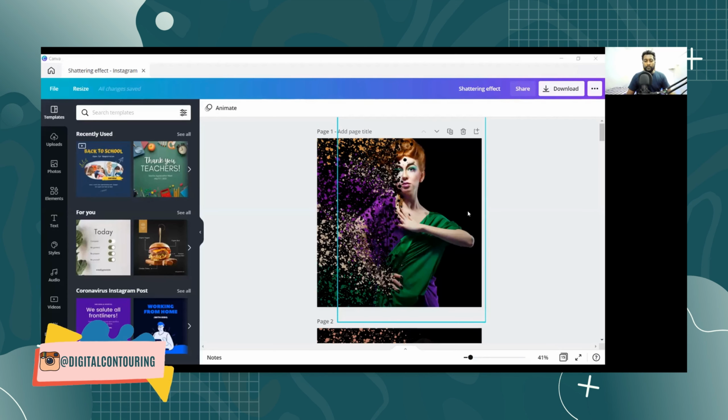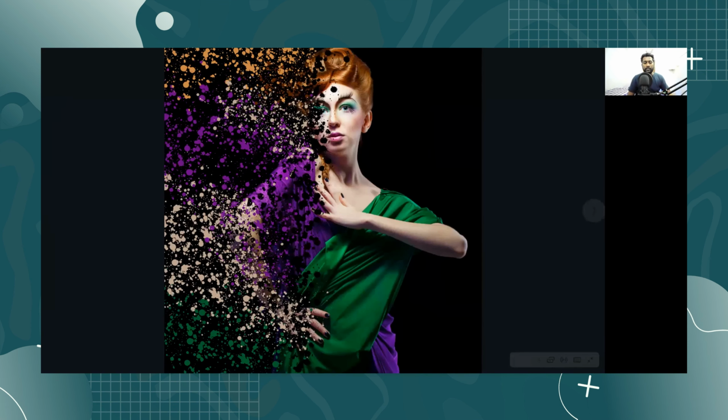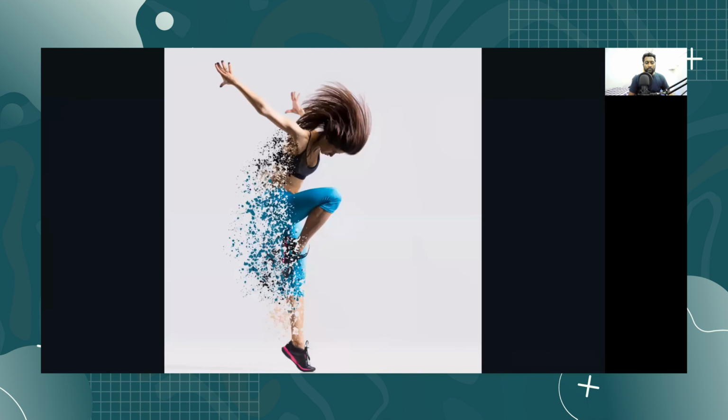We are in my Canva desktop app dashboard, and here you can see some of the designs that I have created for the shattering effects. One by one, these are designs that I created for this particular session. This is one of my shattering effect designs. Here is another one, and I will guide you through every single step.